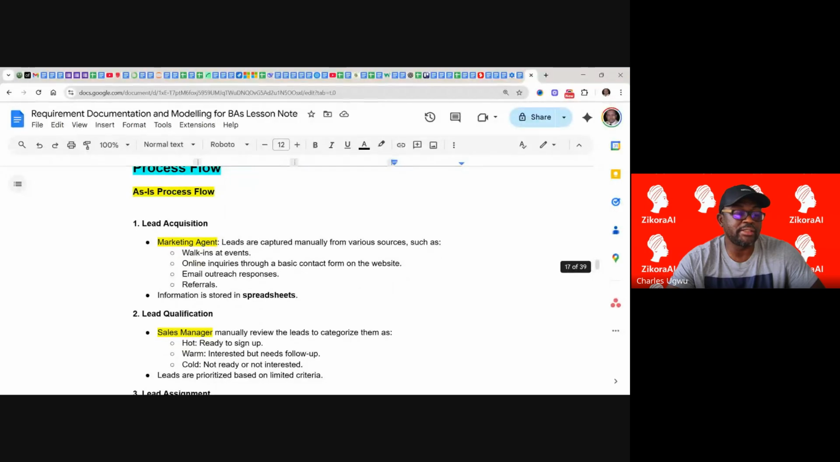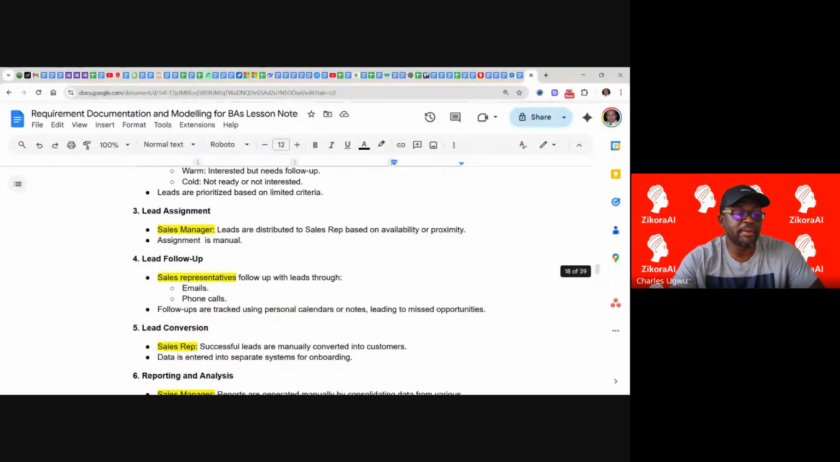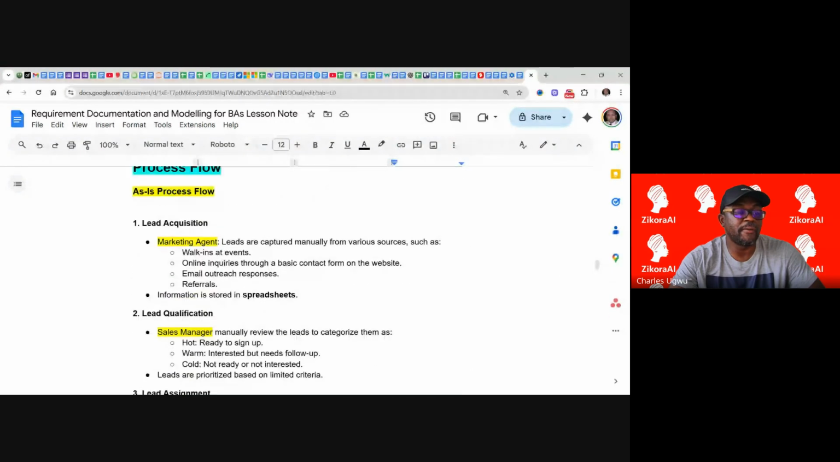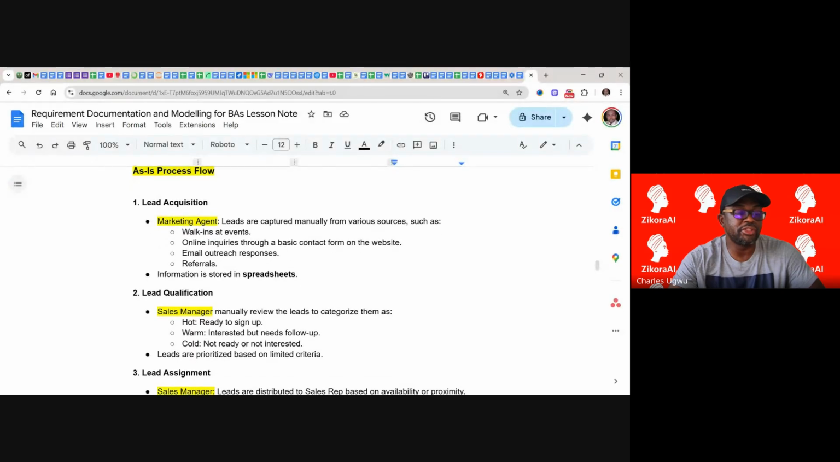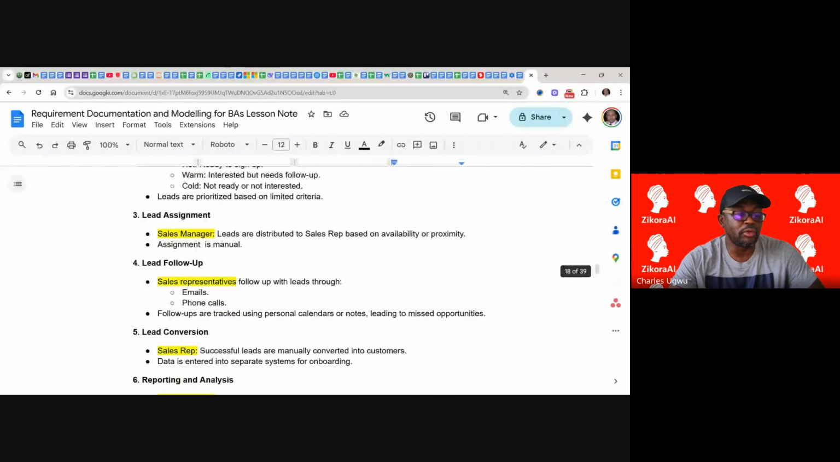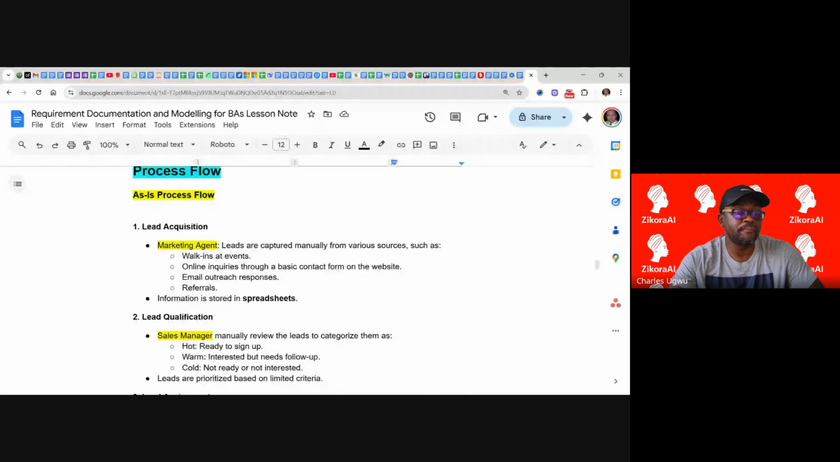And we look at the way it is now. Under lead acquisition, we break them down this way. Lead acquisition, who does it? A marketing agent, what they do. You see lead qualification. You see the way we're breaking, that's called process flow. You see the way it's flowing, step by step. And after this process flow from lead acquisition to lead qualification to lead assignment to lead follow-up to lead conversion, reporting and analysis,